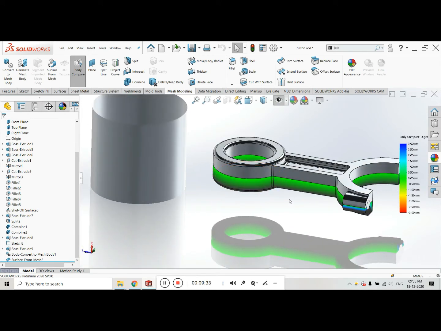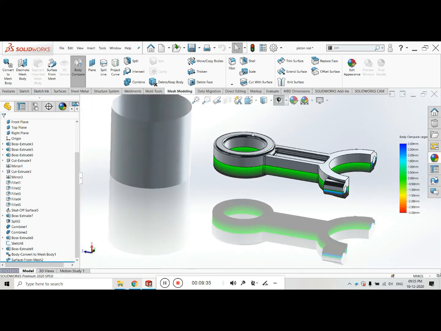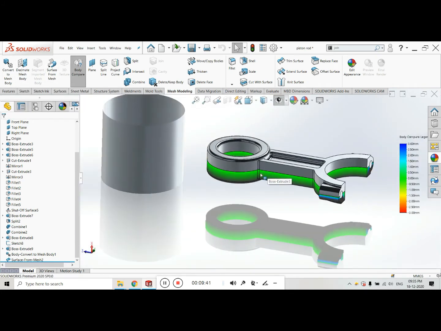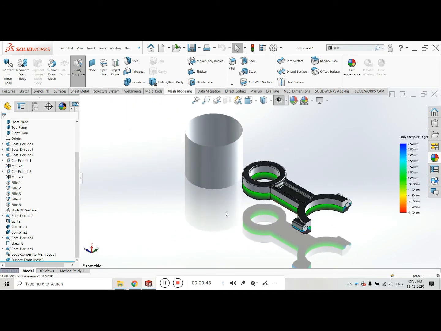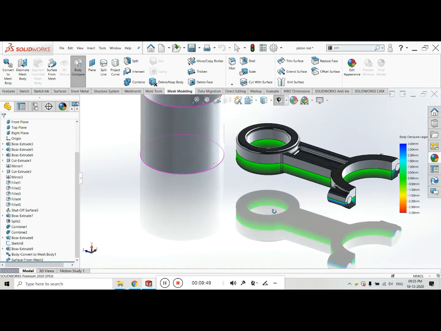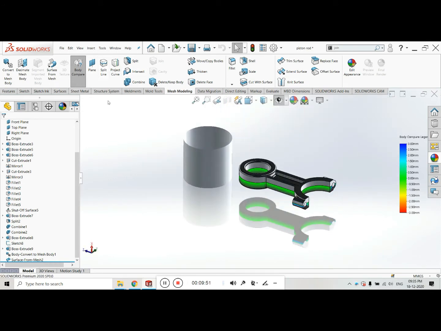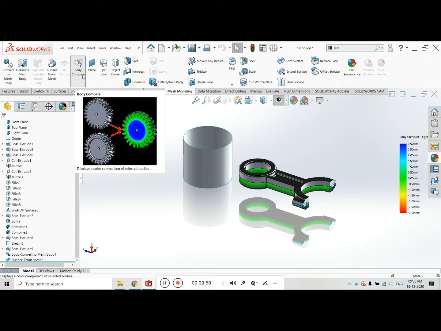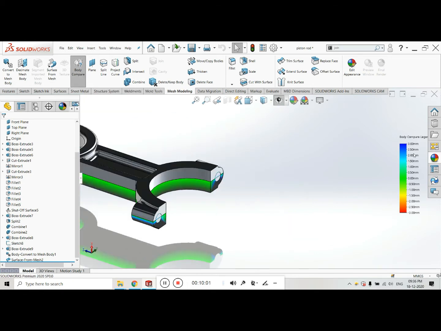Okay, or also in analysis of the mesh. If we make this body into a mesh by converting with the convert to mesh tool, it will magically make a very interesting and beautiful view. Okay, now here I have selected, you can see the mirror image of this, no problem. Now the third feature of the mesh is what? Now you can see it will compare the two bodies. You can see here the body comparison.